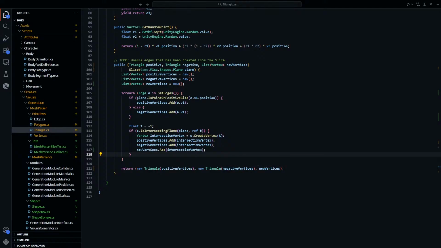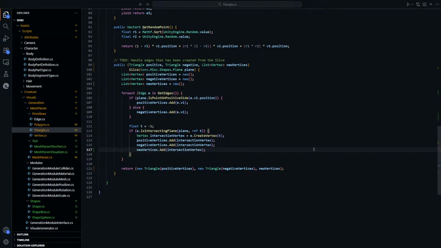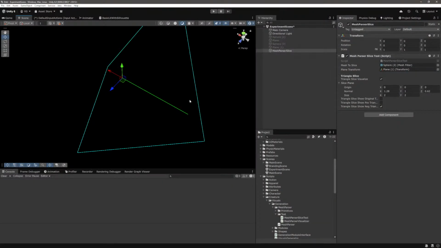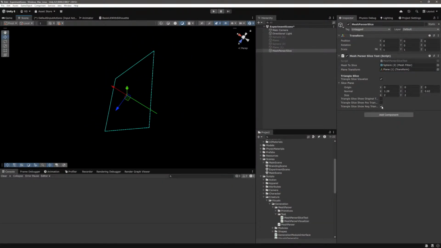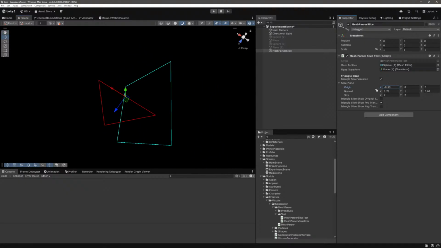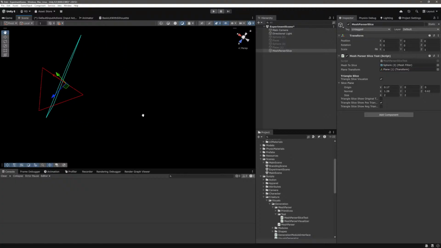After that point, everything is possible. So let's see if this one is wrong or right first. So if we show the positive,